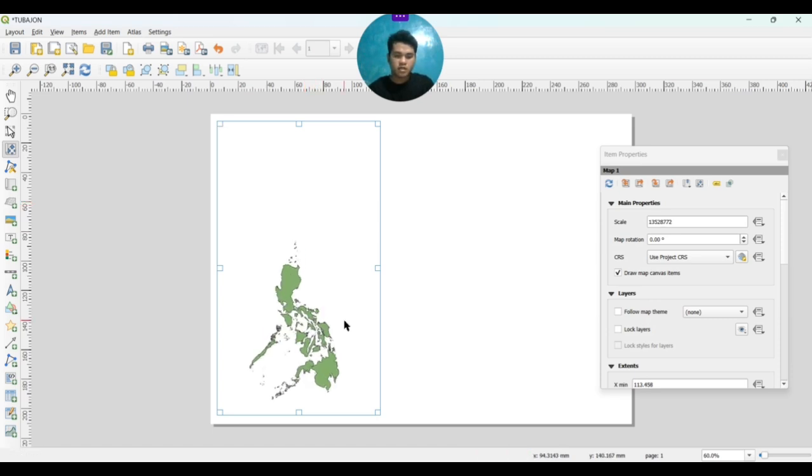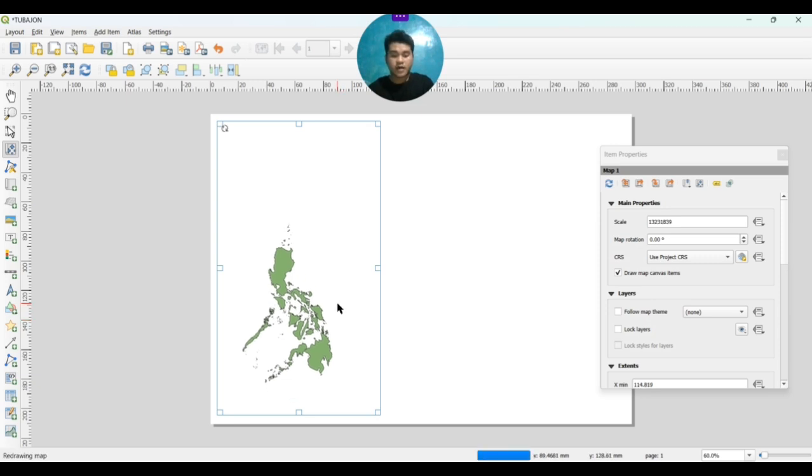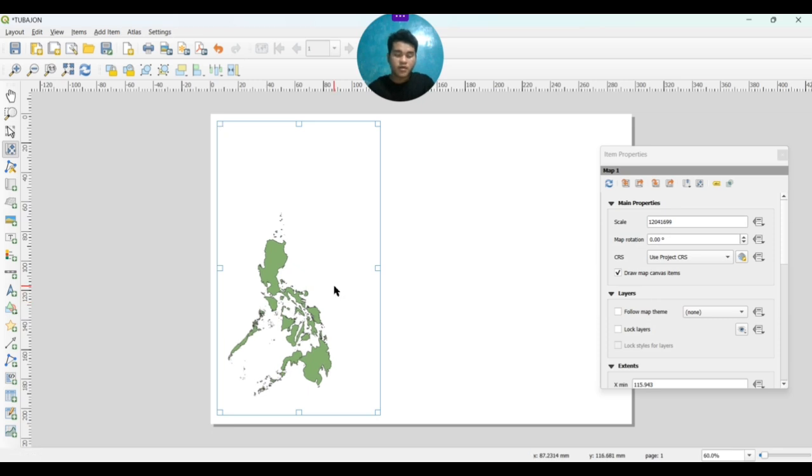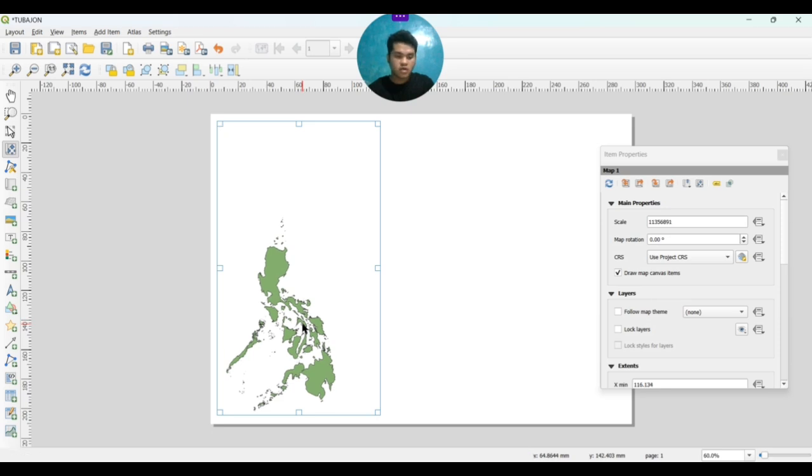Just zoom in using your mouse roll if you have one. If you don't have a mouse roll and you're using a laptop, you can use two fingers and do a zoom in motion. This is the position I want.